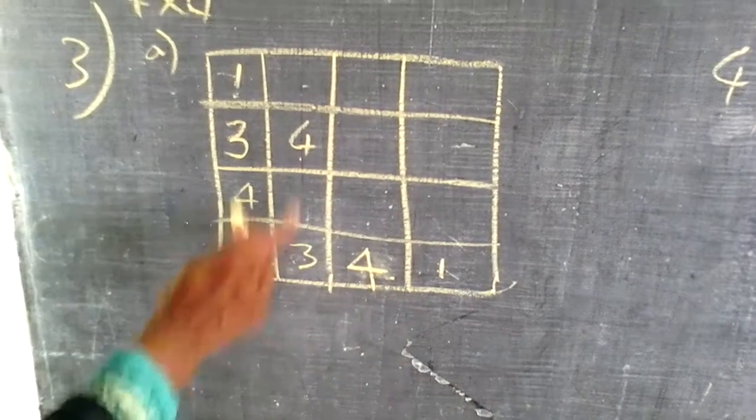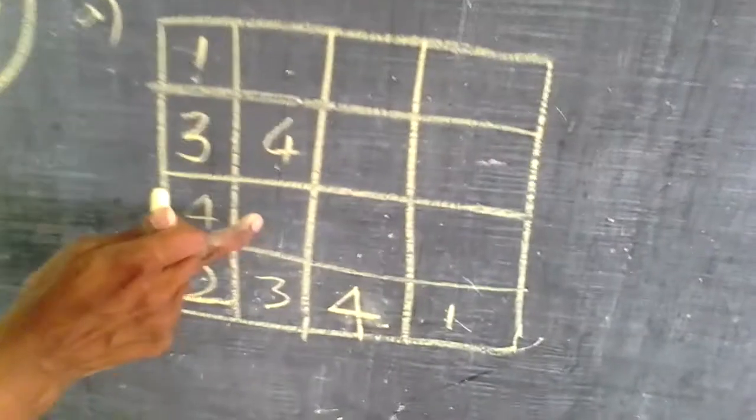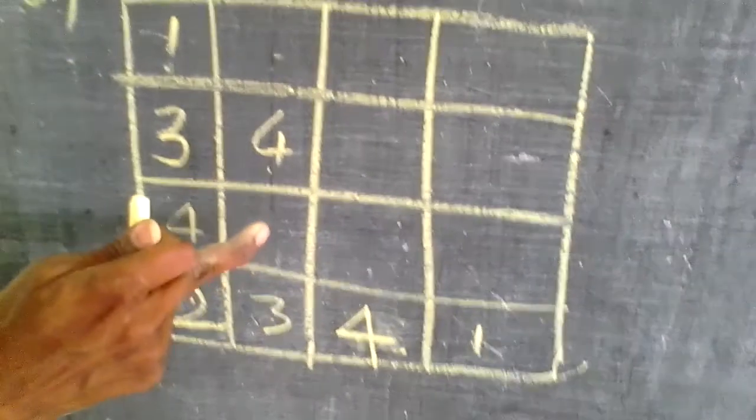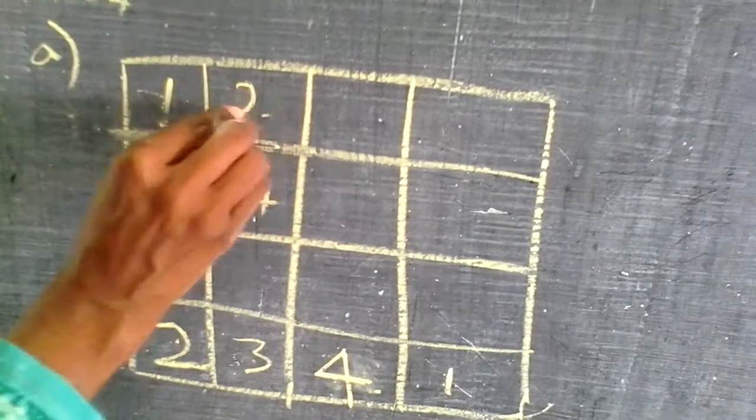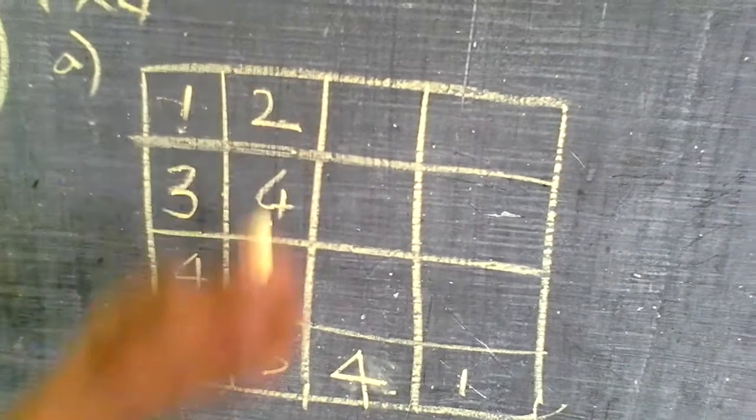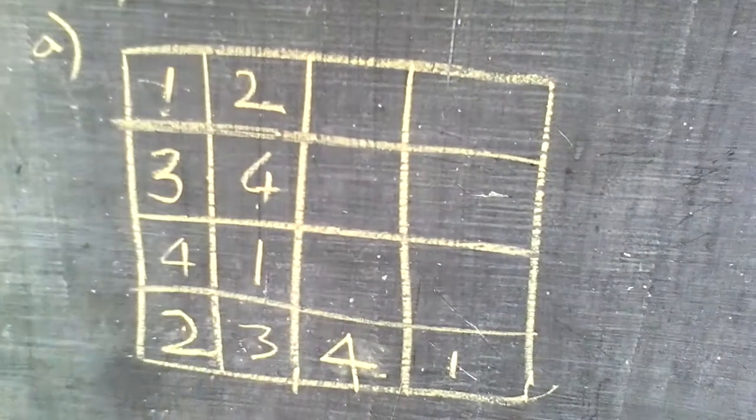The next one. Let's check here. See here, I have now option 1 and 2. Can I put 1 here? No, I can't put because 1 is nearby. So I can put 2 here. Can I put 1 here? Yeah, because missing number is only 1. I can put 1. Fine. The next.